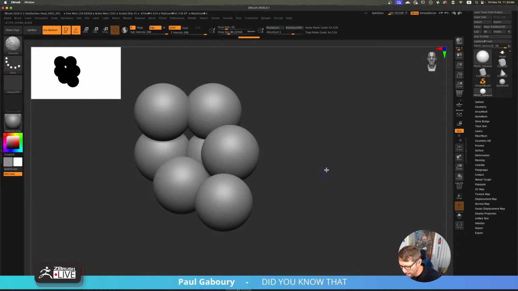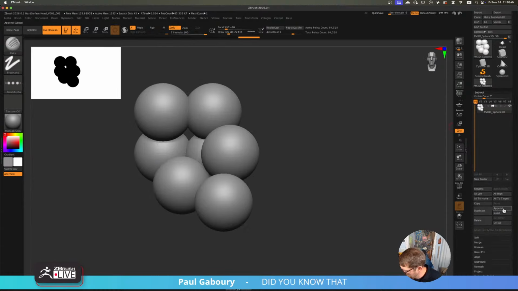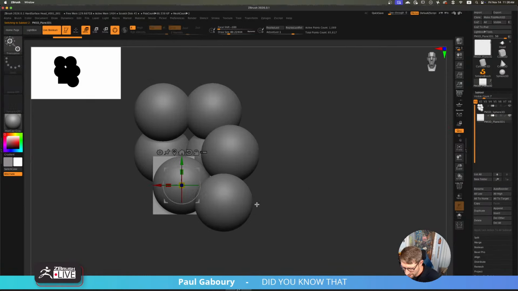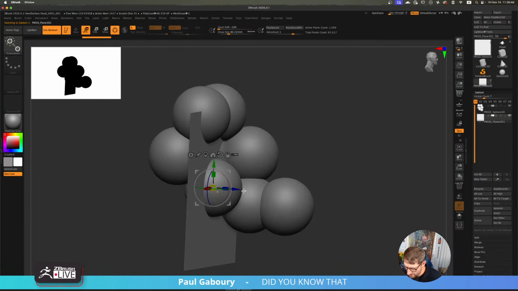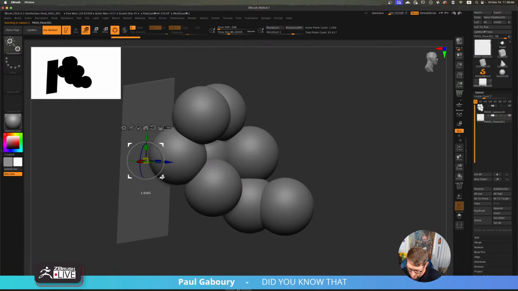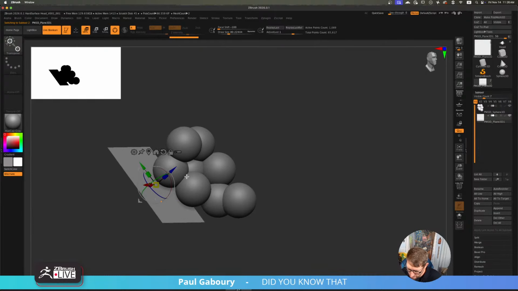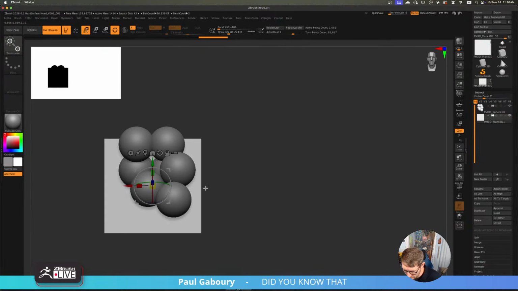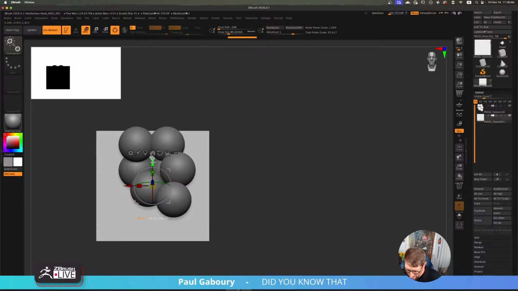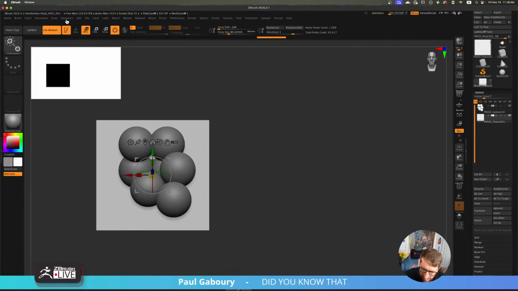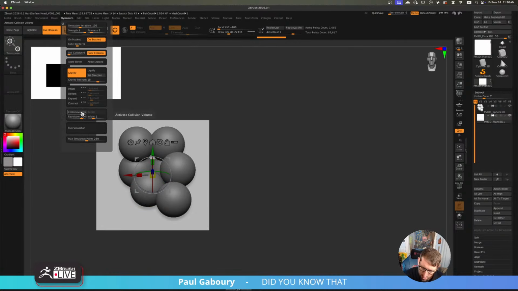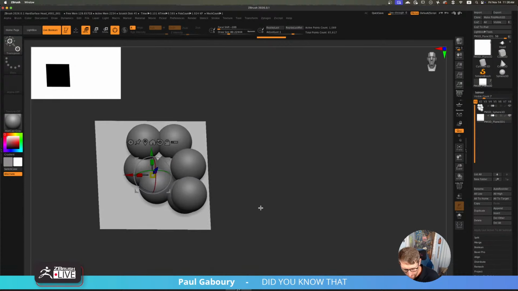Okay, and then now if I say let's append a plane, let's just say here's a plane. Let's make it a lot bigger. All right, we'll go to here and kind of just rotate this up like this. I don't know if those look like marbles. It looks more like grapes to me, but we'll get the idea. And then now dynamically, you need to tell ZBrush to go get the collision volume, and then now you can run it.